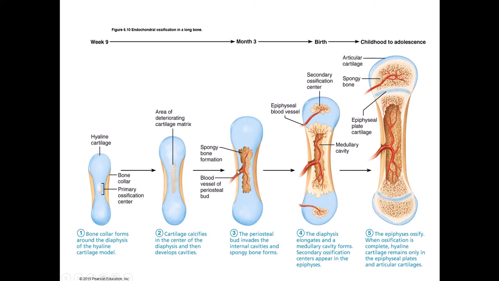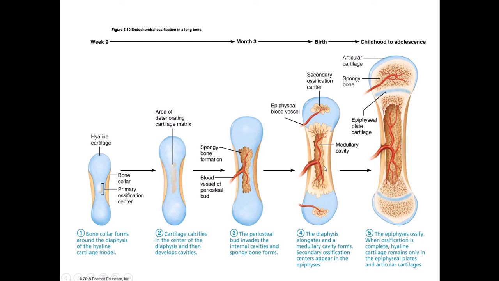That brings oxygen, nutrients, lots of osteoblasts, and we start to lay down some spongy bone. The cartilaginous bone will continue to grow in length through interstitial growth of the cartilage, but as the cartilage bone grows, the spongy bone will continue to grow,